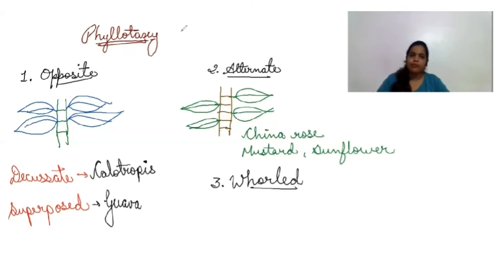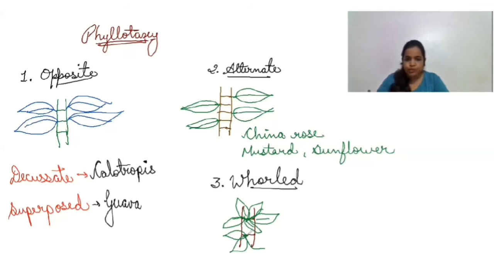The last type of phyllotaxy we have is whorled phyllotaxy. Again, what do we have to draw? Yes, again we have to draw a stem. Yes, this is a stem. Now, on each node, more than 2 leaves will be present. If more than 2 leaves are present at each node, the type of phyllotaxy will be whorled phyllotaxy. What happens here? The leaves form a whorl-shaped structure because so many leaves are there. So they form a whorl structure like this. Clear? On the next node also, a whorl of leaves will be there like this.